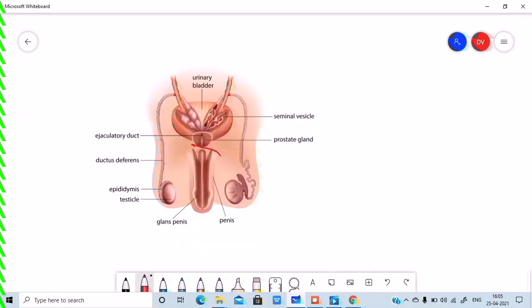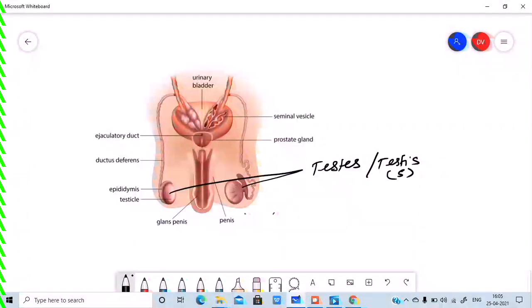Yes, so guys, as you can see the picture here, hope you can see the picture, right? So this is the male reproductive system. Yes, you can see the pair of testes here. Testes is the plural form, and testis is the singular form. Alright guys, so you have a pair of testes, which is the primary sex organ. And then you can see a small crescent shaped structure which is sitting at the top of the testis, which you call the epididymis. You can see the epididymis marked there, and you can see that the testis is there in a sac like structure. So this sac is what is known as the scrotum,